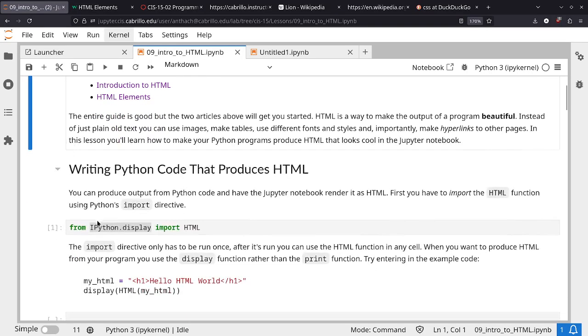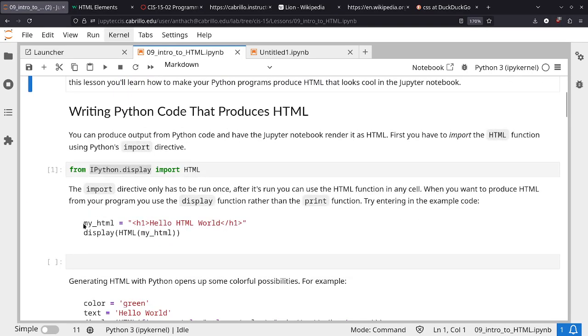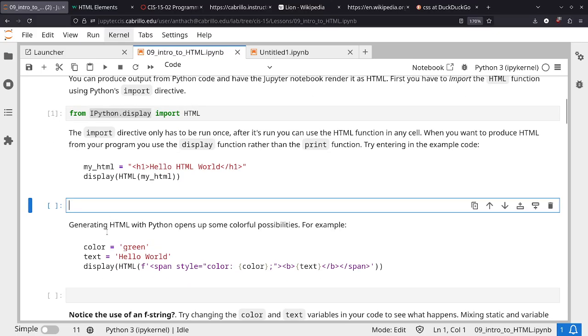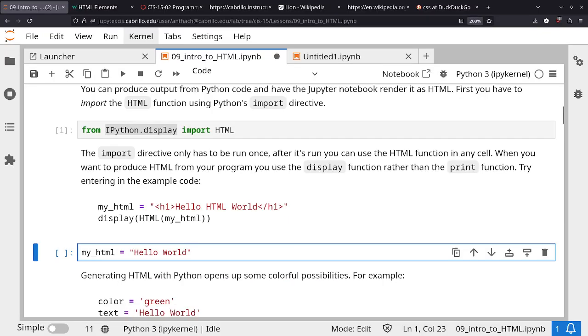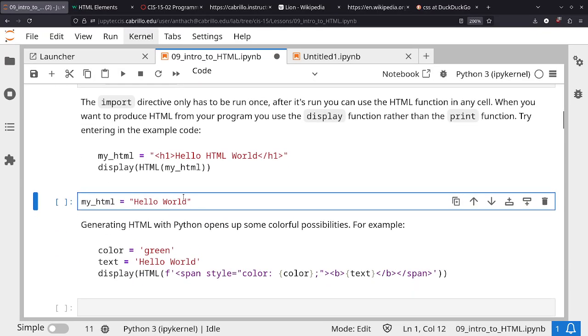Okay, so the first tag that we'll see is called a header tag. A header tag is a fancy word for title. So let me go ahead and declare a variable. You can call it whatever you want. I'm just going to call it my HTML, and I'm going to assign it a string. I'm just going to say hello world. But on both sides of it, I'm going to enclose it in an H tag, a header tag. So H1 over here, and then at the very end,